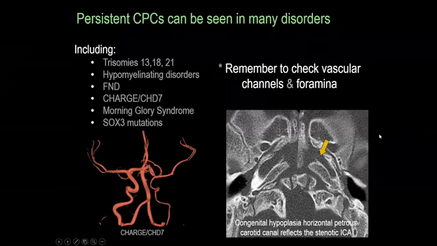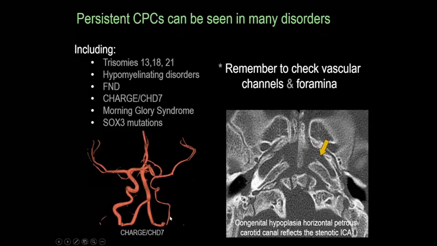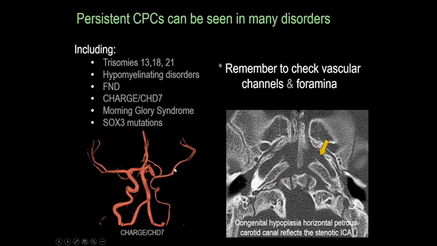Persistent craniopharyngeal canals can also be seen in many other disorders, including the trisomies, the hypomyelinating disorders, some frontal nasal dysplasia, CHARGE, morning glory syndrome, and SOX3 mutations. Therefore, you need to remember, because these all can have vascular abnormalities, to check the vascular channels and foramina. So this is a child with CHARGE, and you can see there is a diffuse ICA